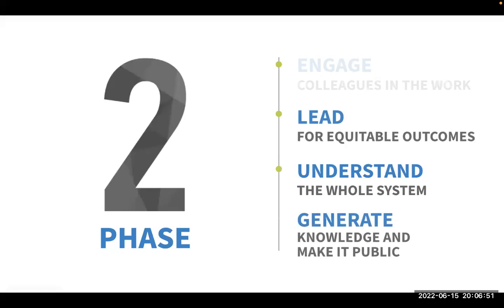In phase 2, which is the last 2 years of the program, the focus of the work and inquiry shift from a fellow's classroom to the professional community in which the fellow works. Fellows are supported in bringing their school colleagues into their work, which requires that they make themselves vulnerable and open to others' perspectives. Fellows grapple with their own professional goals and commitments and what it means for them to lead